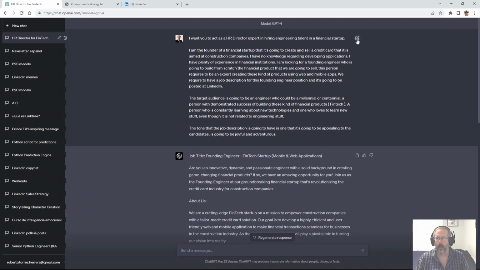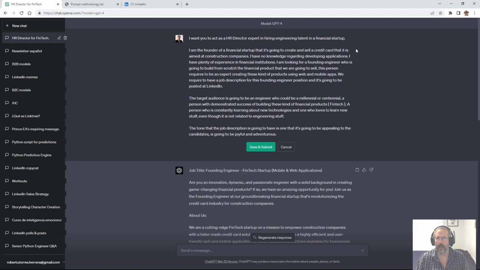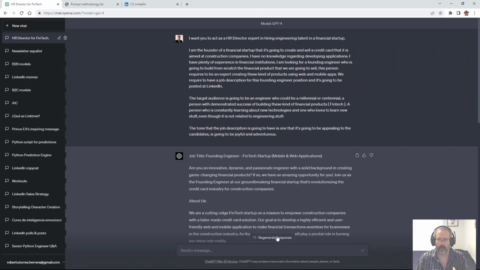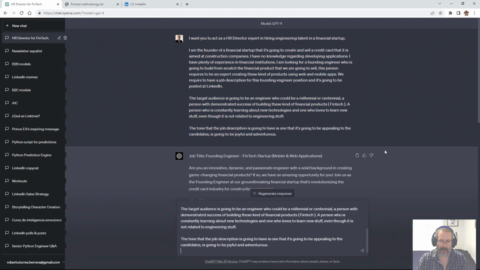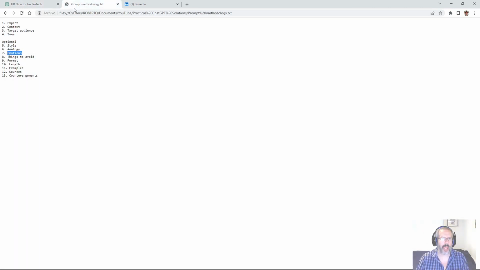We could click here, modify this, and say save and submit, but the problem is that we have a limit, so I don't like it. The second one is we click on regenerate response and it will provide a new answer. Or the third one, which is the one that I like, is that I will copy this,